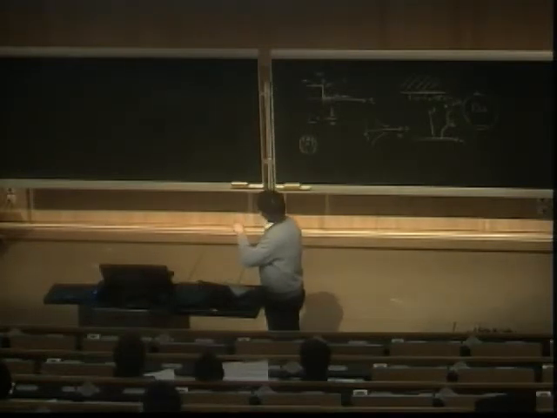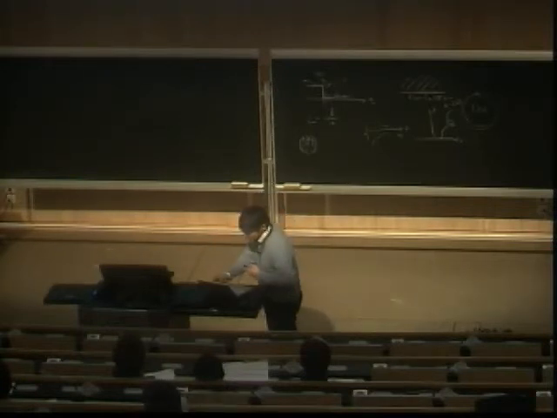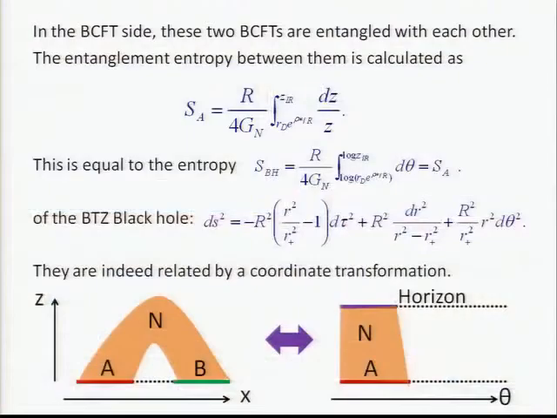Disconnected means that these two CFTs, which live on A and B, are entangled with each other. This entanglement entropy is given by a similar areal formula, which just counts the length between here. So this region A and B is now connected in the bulk, and the width of this slot corresponds to entanglement entropy. If they are really separated, there is no slot which connects them, and the entanglement entropy is 0. But if they are close to each other, they are connected by this amount.